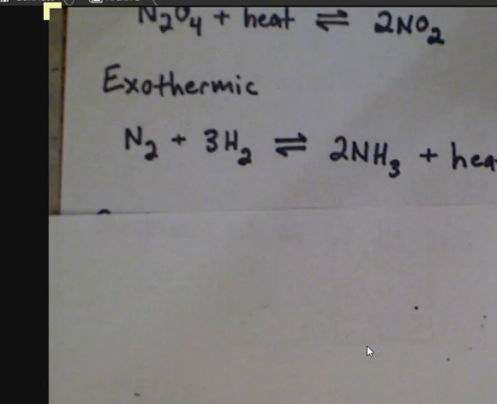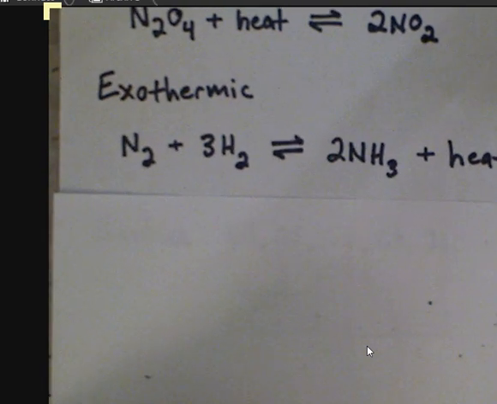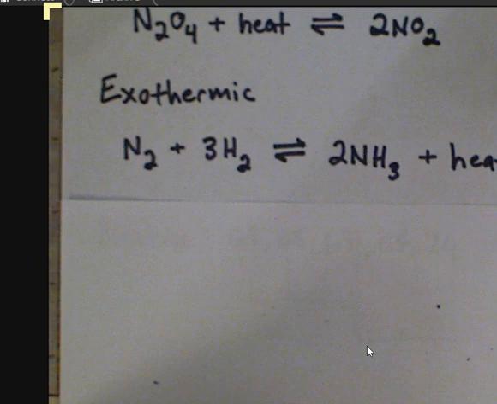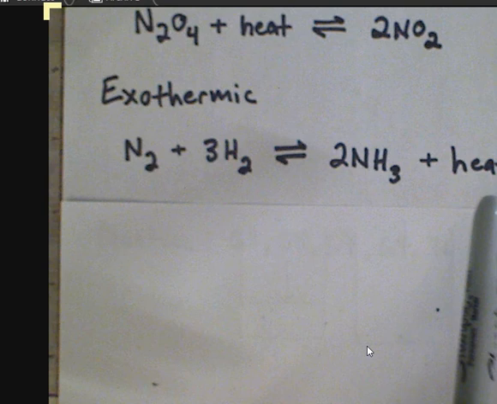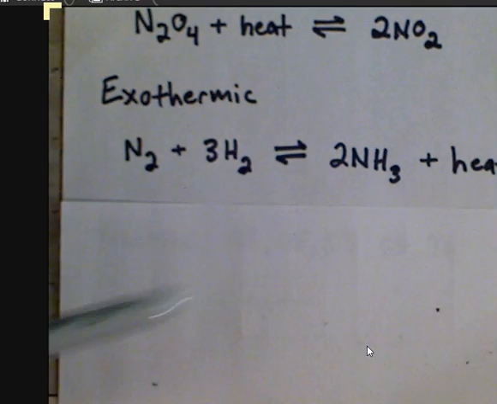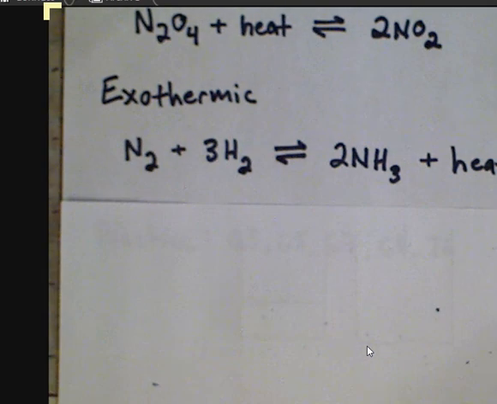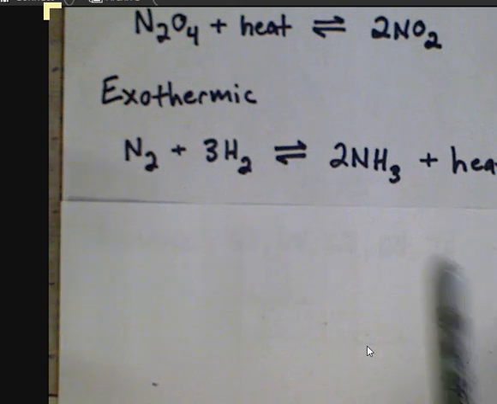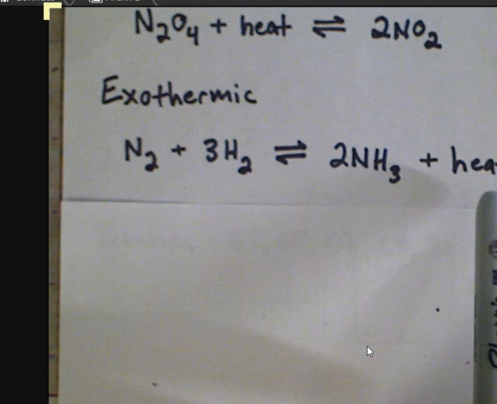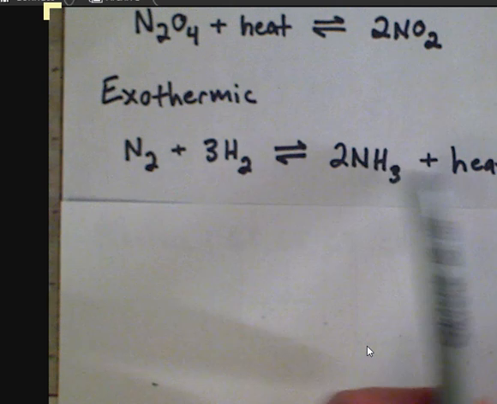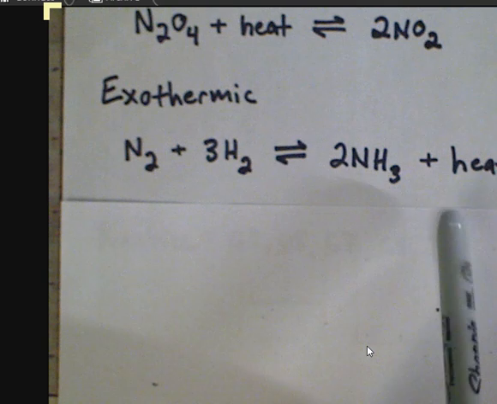We see something pretty similar in an exothermic reaction, but in the opposite direction. So for an exothermic reaction, we can think of heat as being part of the right side, right? Heat is actually going to be reduced as this reaction progresses forward. And so if we were to increase the temperature of this reaction, we'd be adding heat. Well, if you add heat, you're adding to the right side of the reaction. To compensate, the reaction is going to shift left.